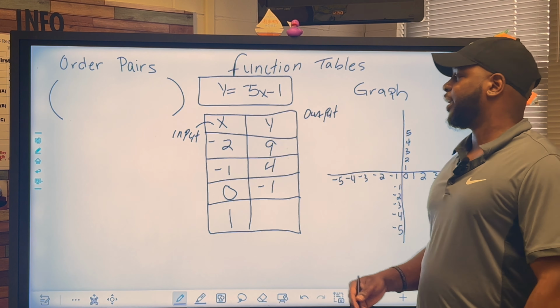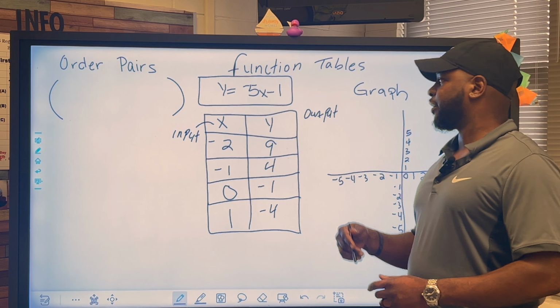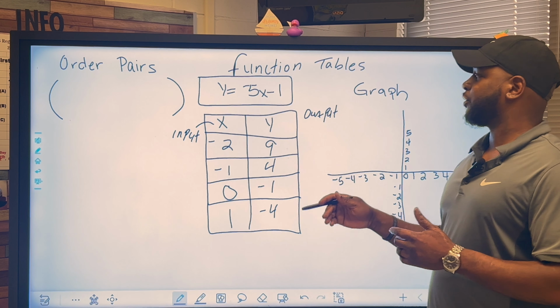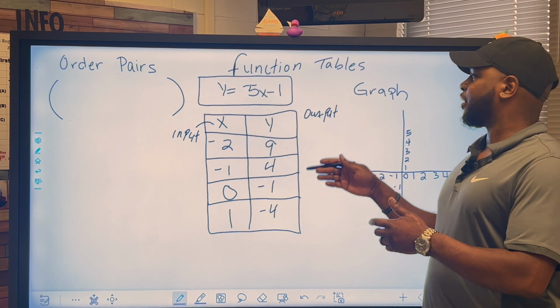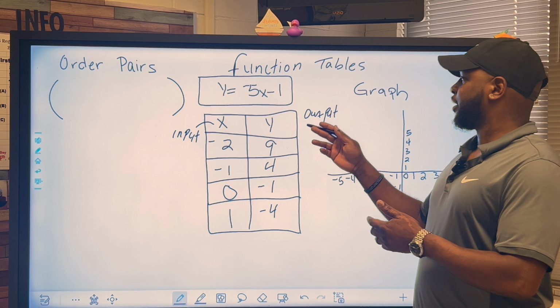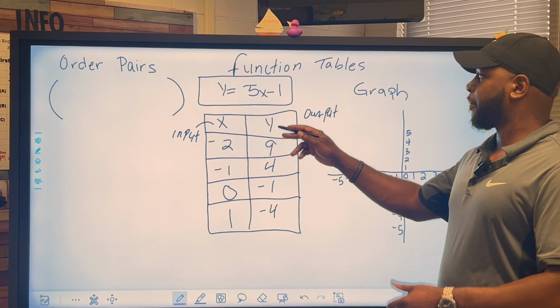So what we have done was just do our input and our output for the function so we can be able to solve for our function output, which is y. And now, since we have that, we can go ahead and place these in ordered pairs. Or also, we have the graph that we can go ahead and graph it on our coordinate plane. So first, what I would do, I'm going to go ahead and put in these